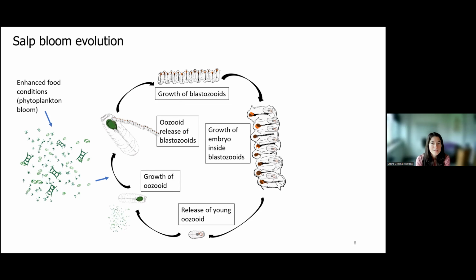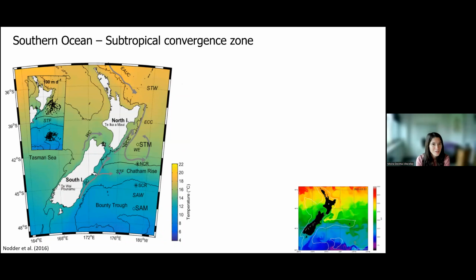And the last topic of the background that I want to quickly touch on is the study region. So this is in the Southern Ocean, but it is specifically the subtropical convergence zone in the Southern Ocean. And in this region around New Zealand, this coincides with this bathymetric feature called the Chatham Rise. And hopefully you can see in the animation in the back, it's showing you sea surface temperature kind of changing